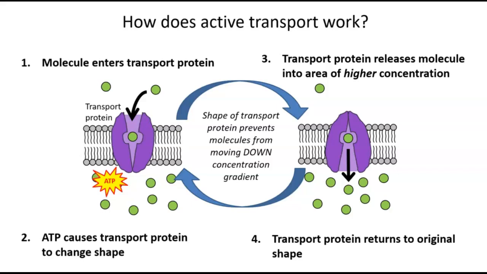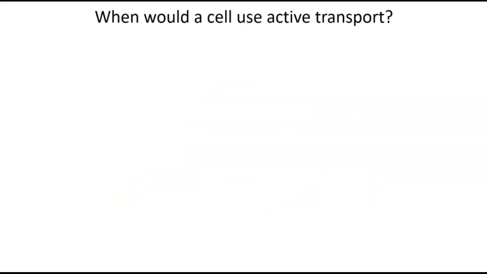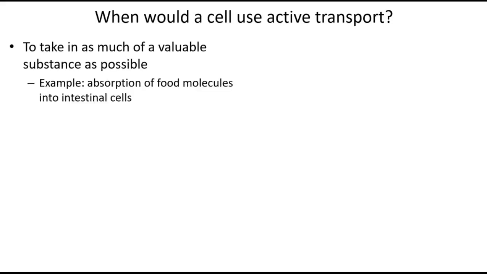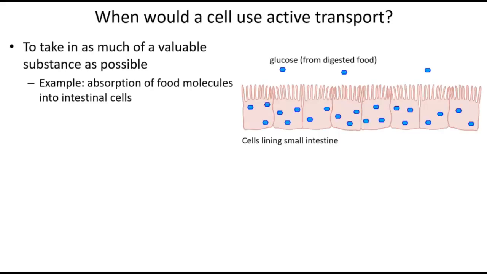So when would a cell do this? When would it need to use this active transport process? There's a few different examples that we see. One would be to take in as much of a valuable substance as it possibly can. For example, when you eat a meal and you break down all of those large food molecules into smaller ones, you don't just want to absorb half of them and have the system go to equilibrium. You want to absorb all of them, get as much energy as possible. So your intestinal cells have the ability to use active transport to take every last usable molecule from your food